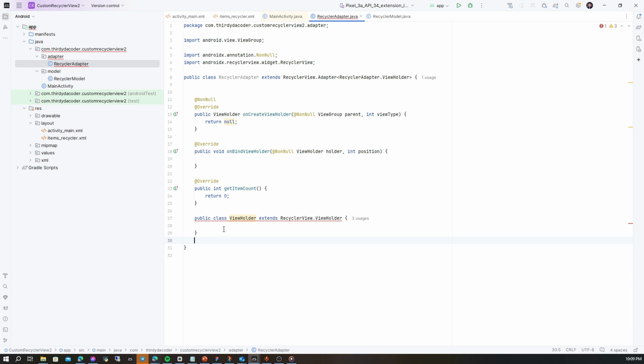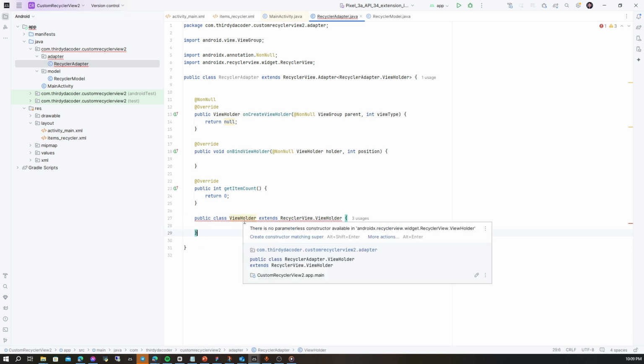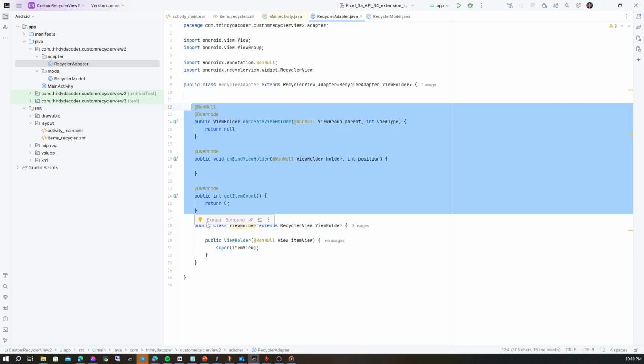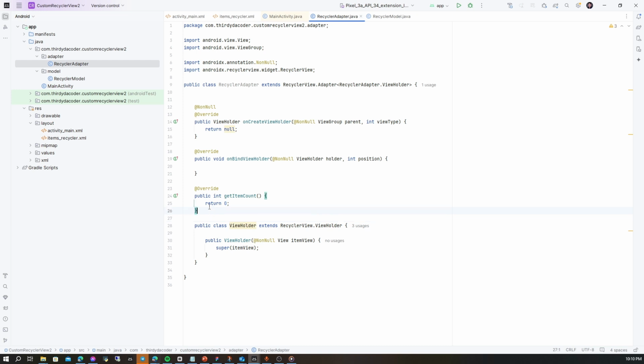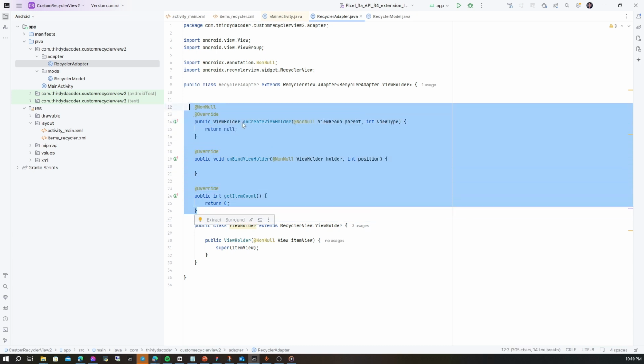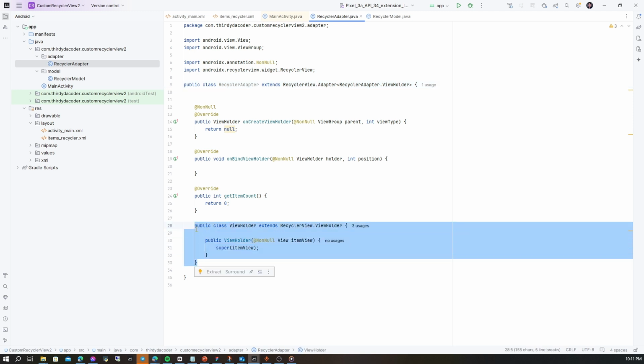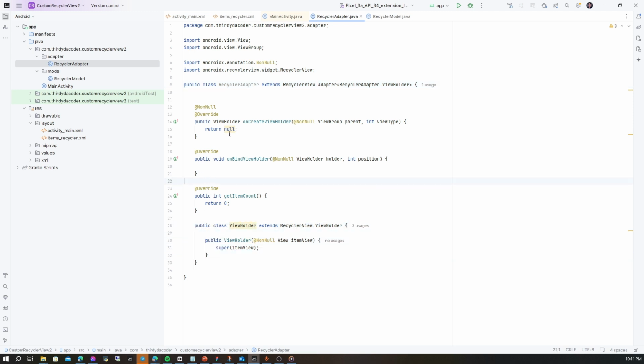Now we have the error again in our custom class, which is the ViewHolder, and we can click this in Android Studio, create constructor. Now we don't have an error. But remember, only the three required functions of the RecyclerView.Adapter and the one class that we provide or customize. I will discuss further later.